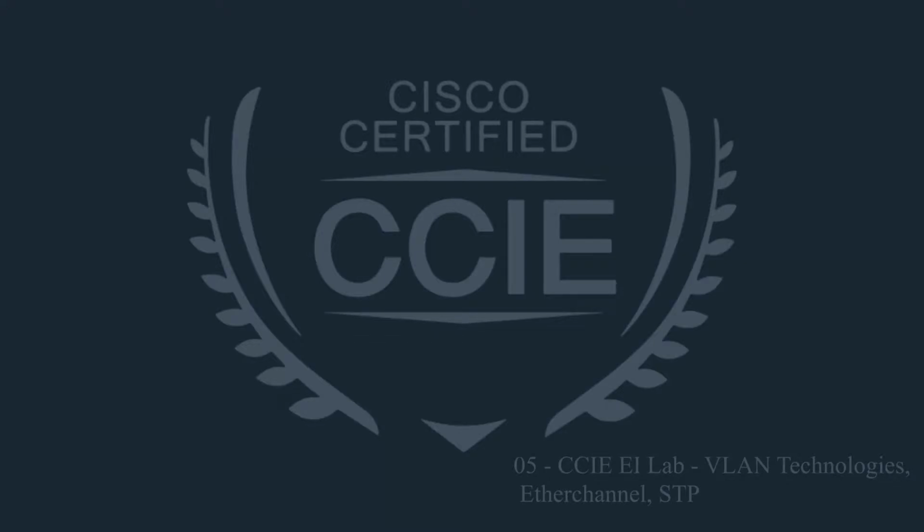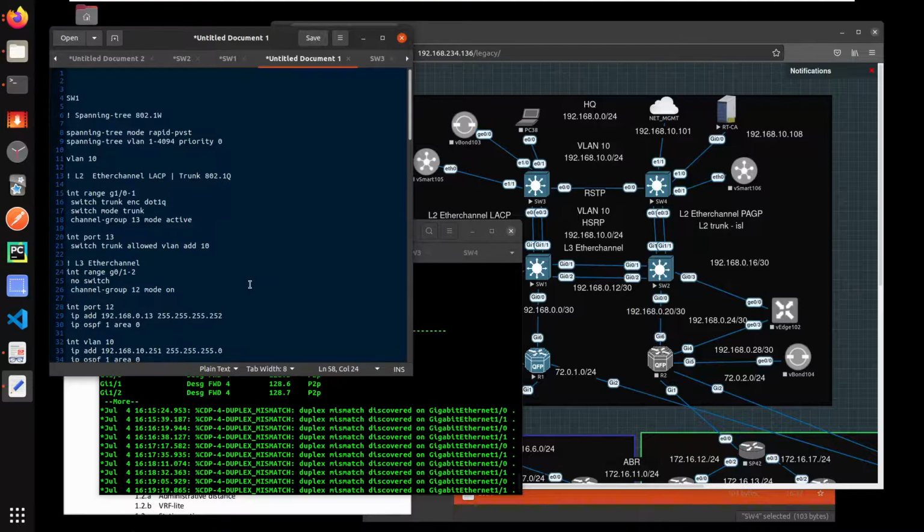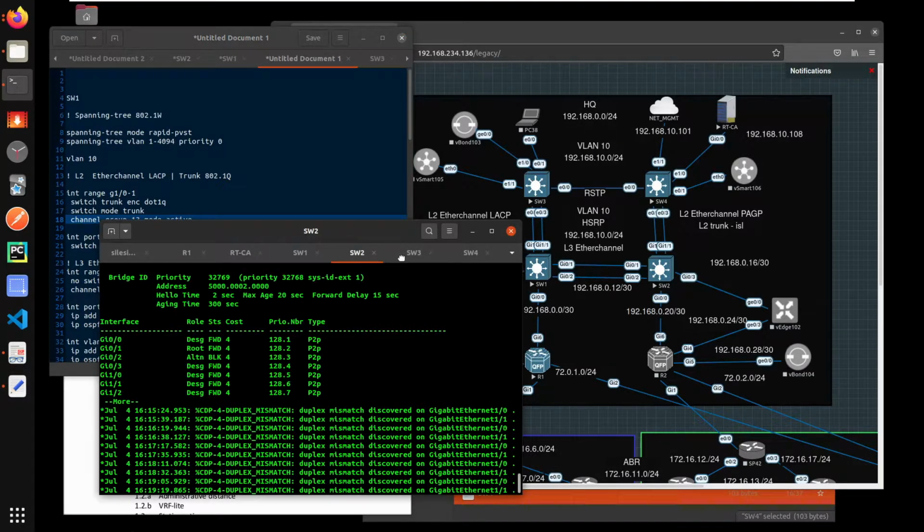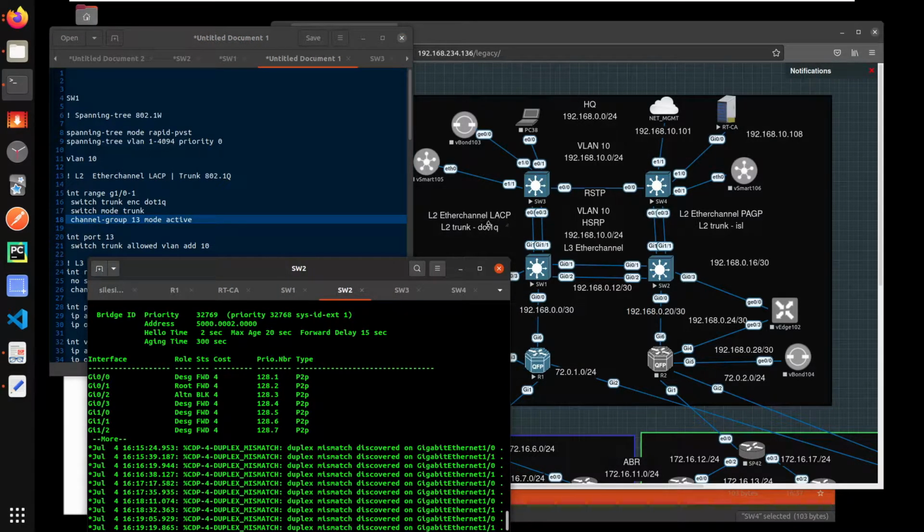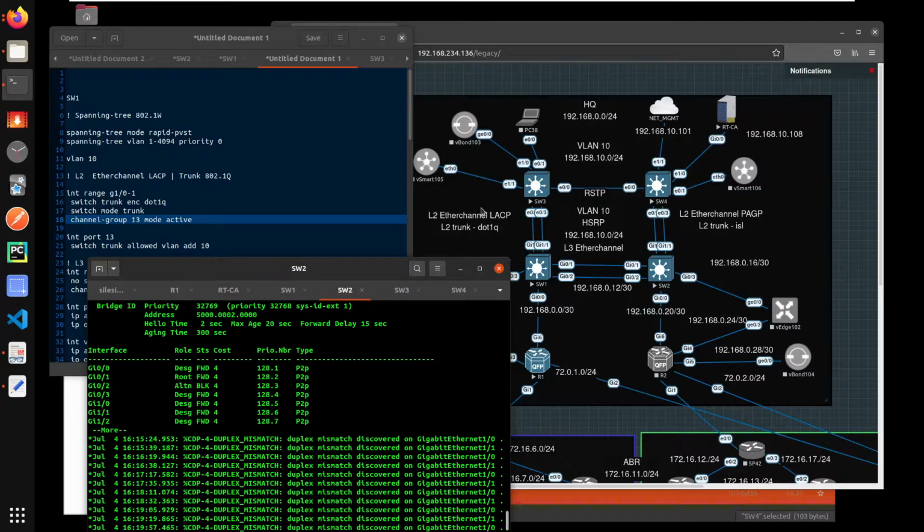What's up, everyone? In this section, we're going to cover some of the layer 2 protocols in order to enable reachability across headquarters. And what we're going to do is to enable a port channel, an L2 port channel between switch 1 and switch 3. And for that, we're going to use LACP for port channel, and this is going to be a layer 2 port channel running 802.1q protocol as a